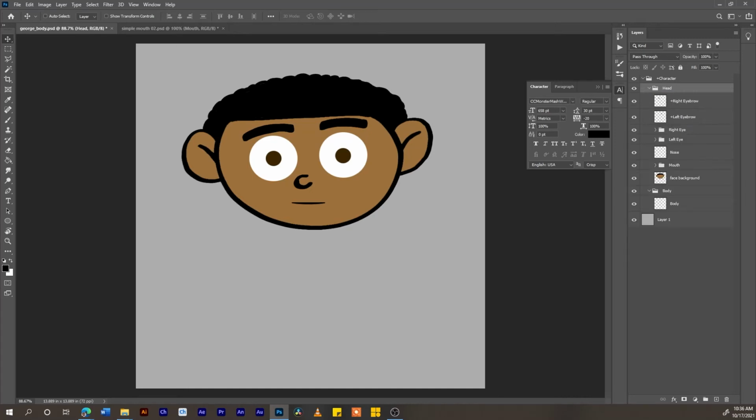Okay, so right now, guys, we're gonna start working on the character's body. We can reduce on the head right now because we're gonna focus on this area here, the body. Depending on how you want your character to be animated, the detail and layers that you put in your body is very important. So right now we're doing a simple character, and he will be based more on speaking and using his hands and his arms. So what we're gonna do now is focus on that body layer that we have